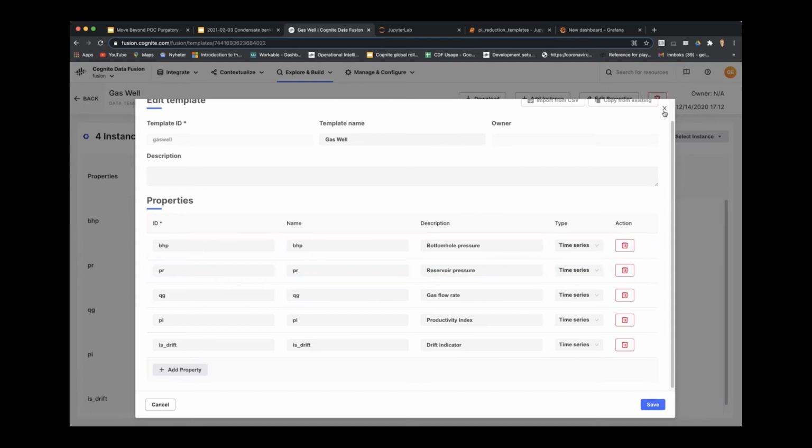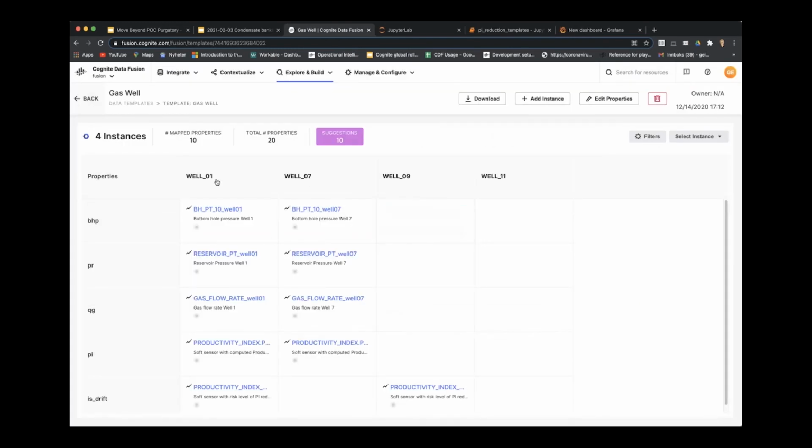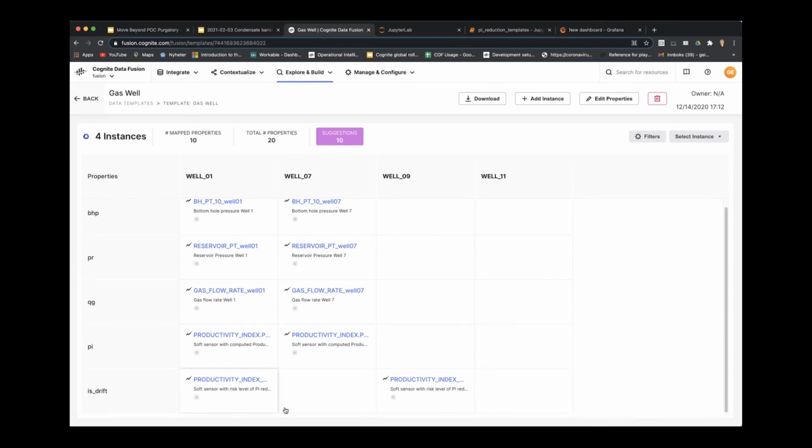So when I've defined this model, I add my wells here, and I can use a categorization script or some other automated way of doing that. But then I'm essentially left with this problem of filling in this matrix of properties, because how is the system to know what is the bottom hole pressure of well 001?